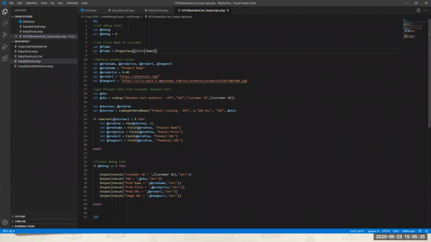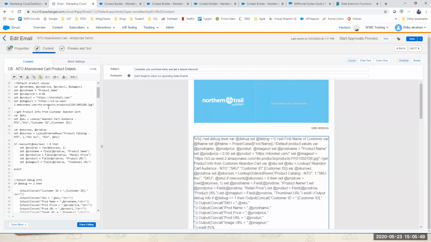Then maybe first let me get this queue. So then I will get this queue value. Then I will add that to the email and test it out, and see if I'm able to output this queue and get it. Then I will give default values, so this prod name, prod price and all that, I will put some default values, and then in the email I need to go and set those values, right? Just by declaring it over here, I will not get it.